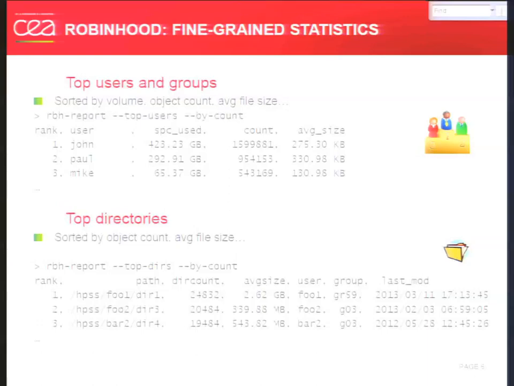You can also see the top users and top directories, so it's easy to track who is consuming a lot of space in the file system, for example. You can also check by number of files, so it's by count. You can also check by size. There are a lot of other options, so this is very useful for us to track bad users, who are consuming too much data, or